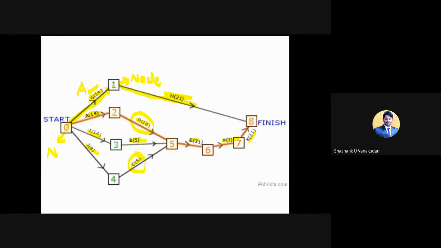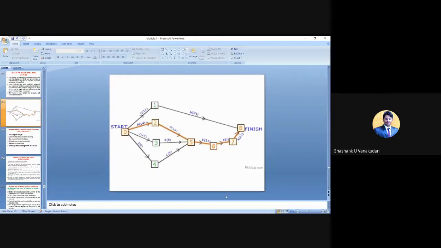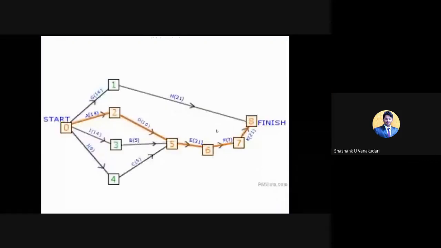Understood now? Predecessor in the sense of the previous activity, and successor activity in the sense of the activity which should start after completing the previous activity. So now H activity is the successor activity for G activity. Clear? And similarly, for E activity, which one is the successor activity now? Can anyone tell from the network diagram?